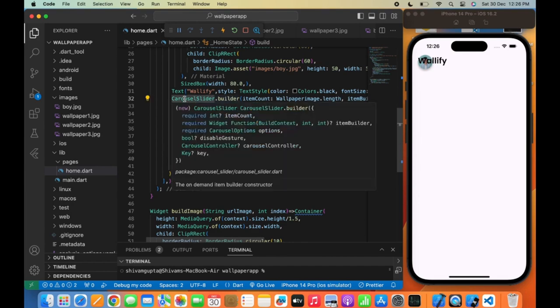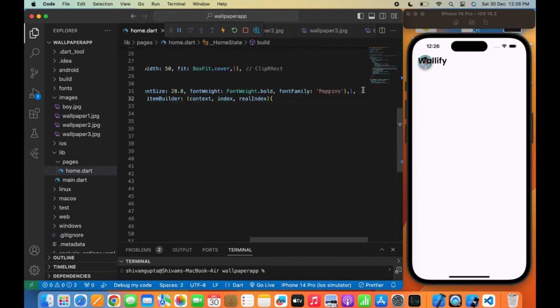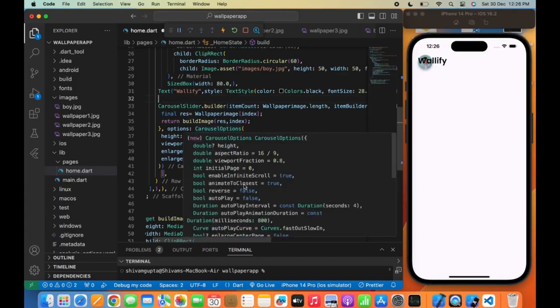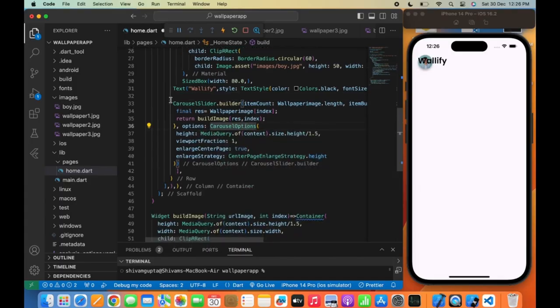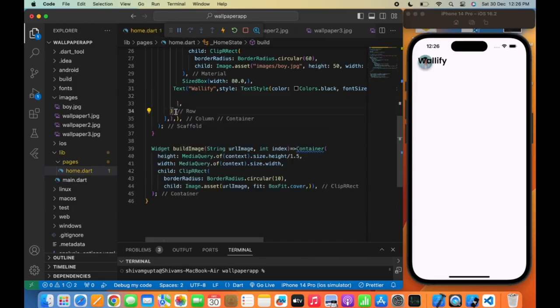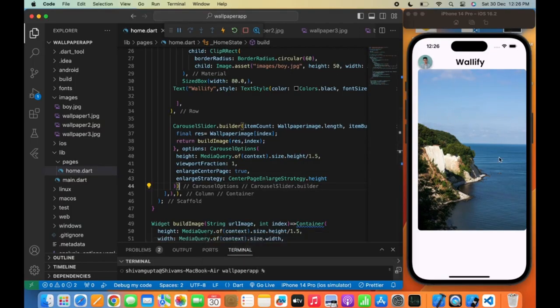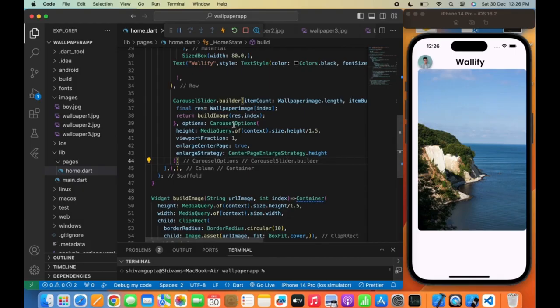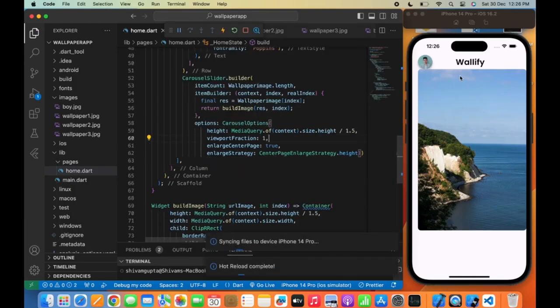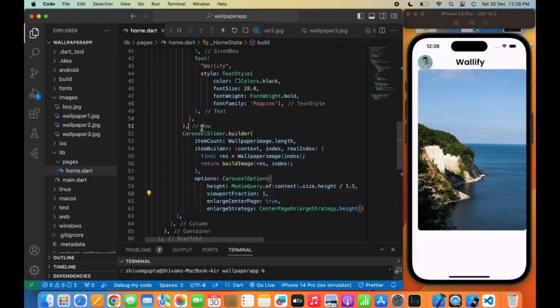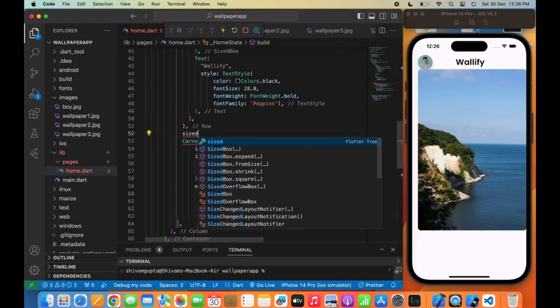So let's restart the app. I made a small mistake here. I have written the carousel slider in our row. So let's remove the carousel slider from the row widget and paste it in the column widget. After doing that, you can see the image that I have passed in our carousel slider. So let's provide some space from the top. So I will write SizedBox height 30.0,